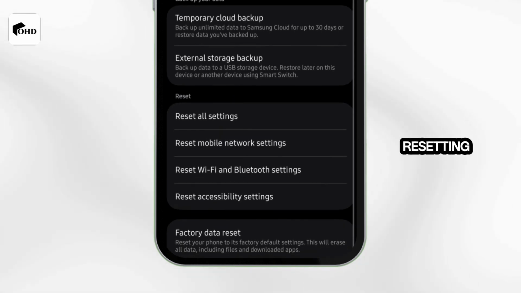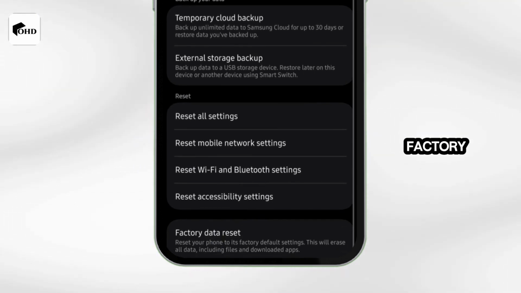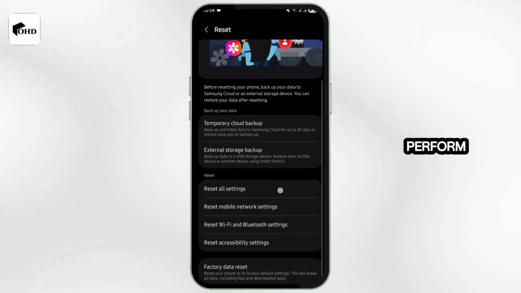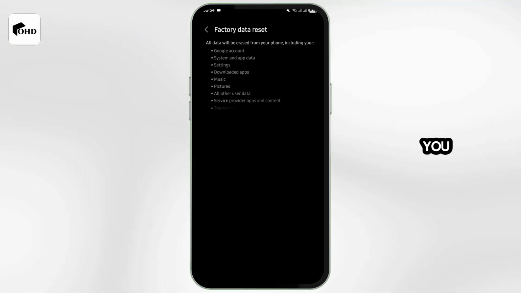One is resetting all settings, mobile network, Wi-Fi and Bluetooth settings, or simply reset your factory, meaning you're going to have to factory data reset. It will wipe out all the data that you have in your test device. If you would like to perform any of these actions, tap onto it, and all you have to do is